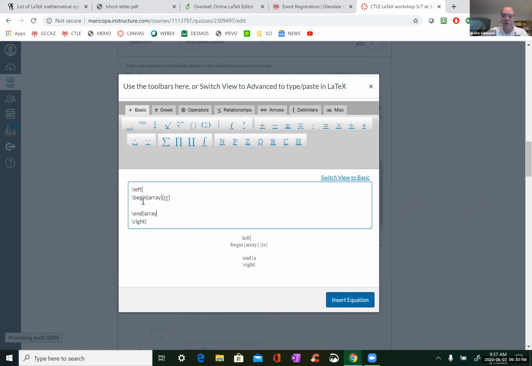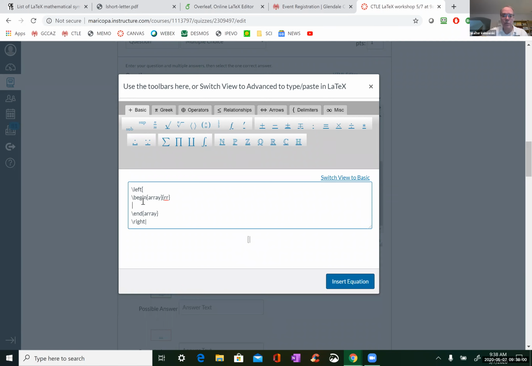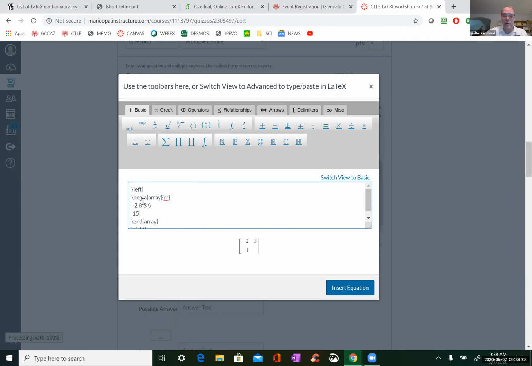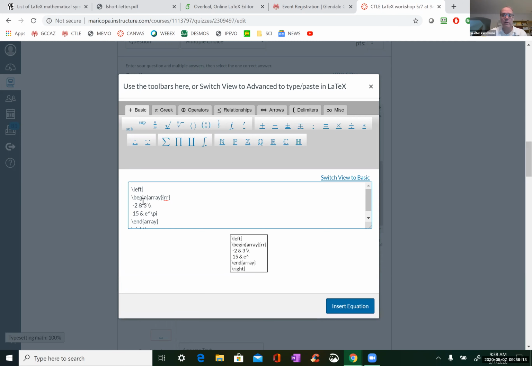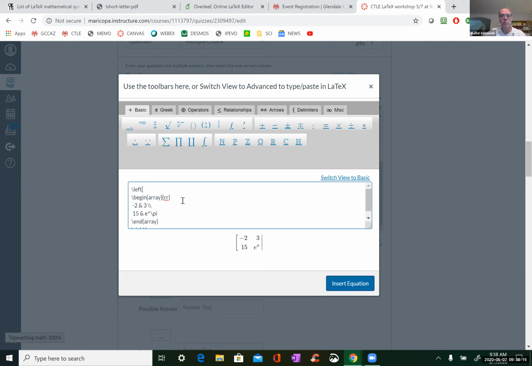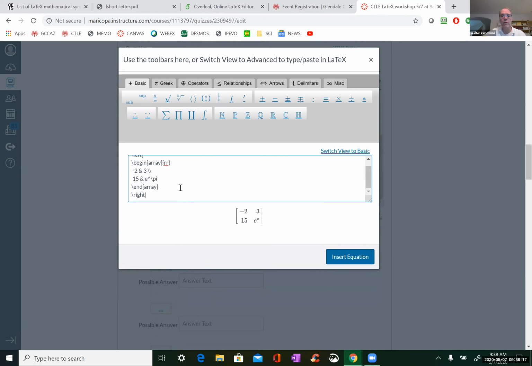Once you do that, now you can do -2, 3, 15, e to the pi. And you see it's doing it.